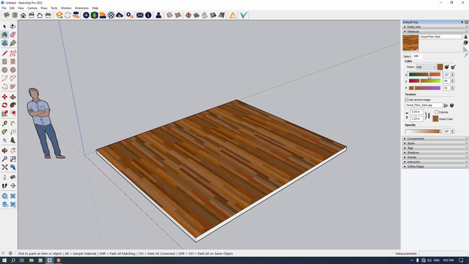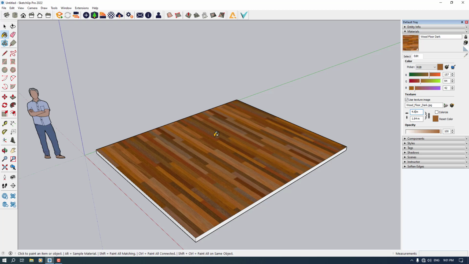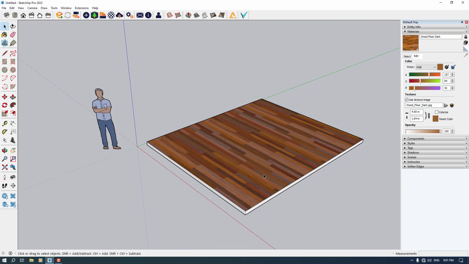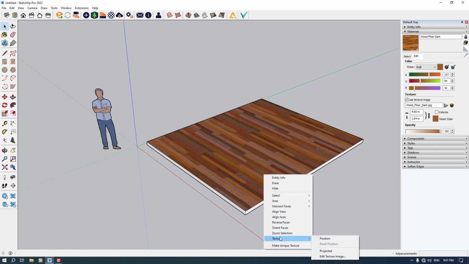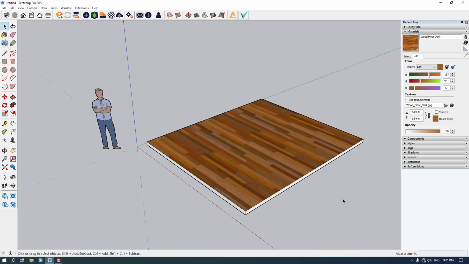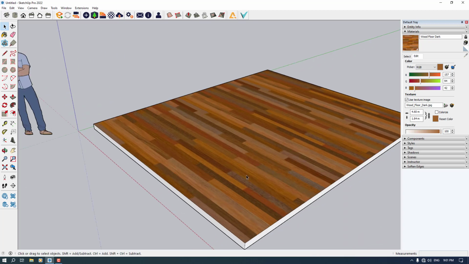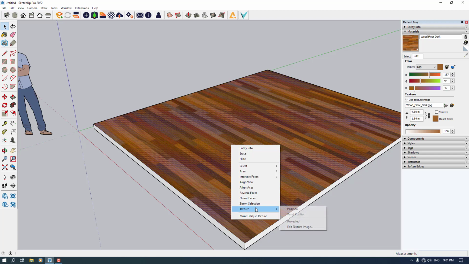You can change or adjust them, and the texture size, for example 4.6 or other things. And the last option is the opacity. You can change the opacity of your texture or your materials. But in SketchUp we have an option that we call texture, and you can change the position, projection, or edit the texture image. For this, you must select the face that has this material on it, right click, texture option,